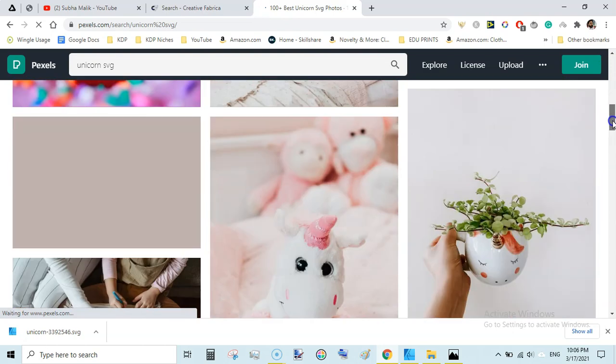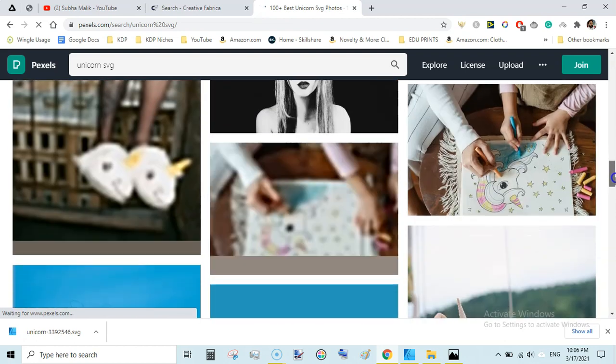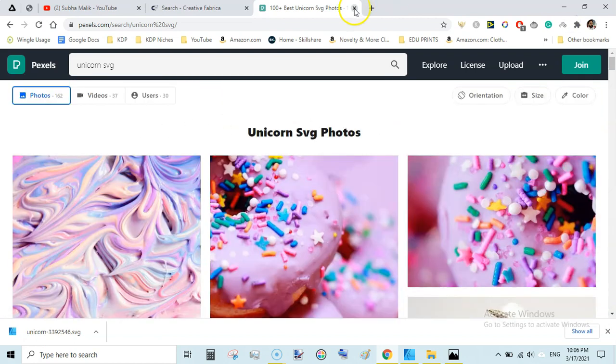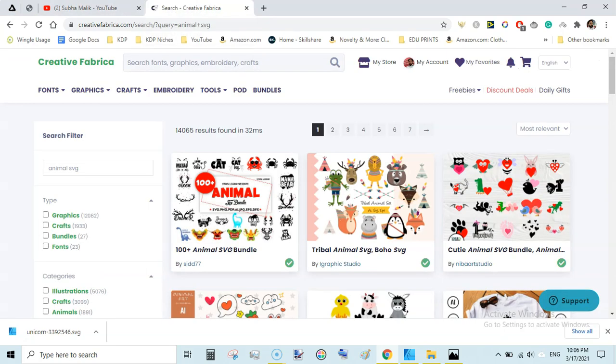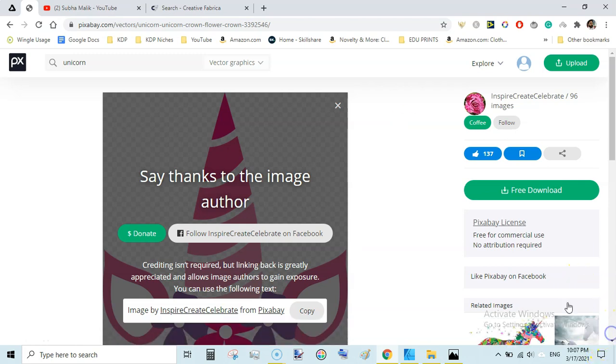There are images but not according to our needs, so we can get the images from Creative Fabrica as well. We will stick with pixabay.com and collect as many SVGs as we can, and we can also get these images from Vecteezy as well.